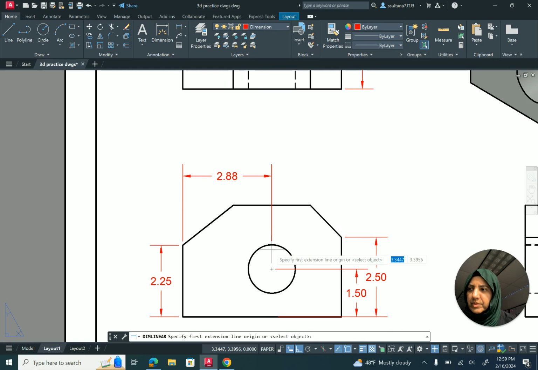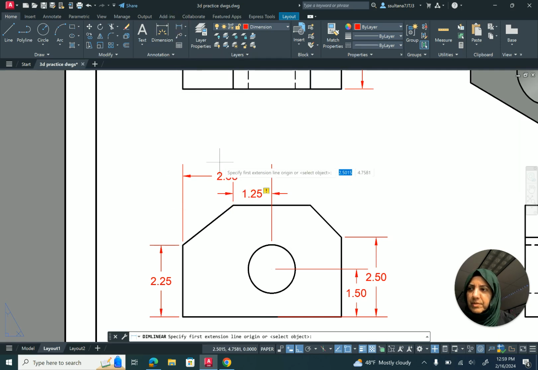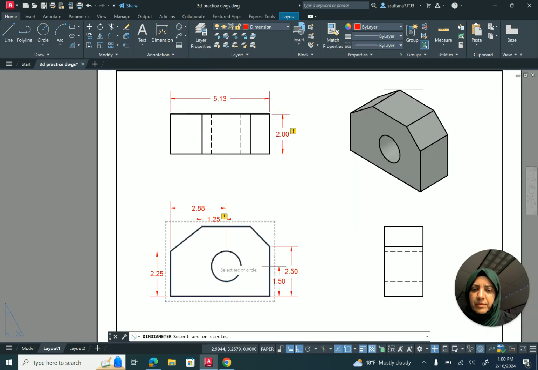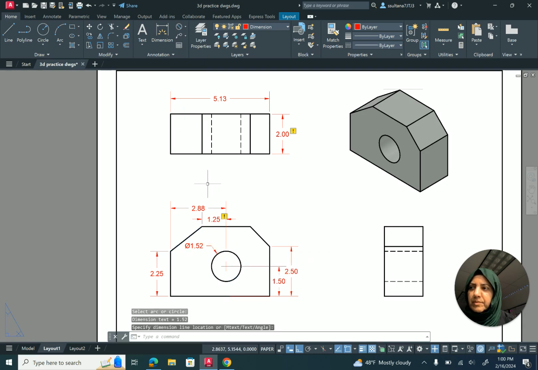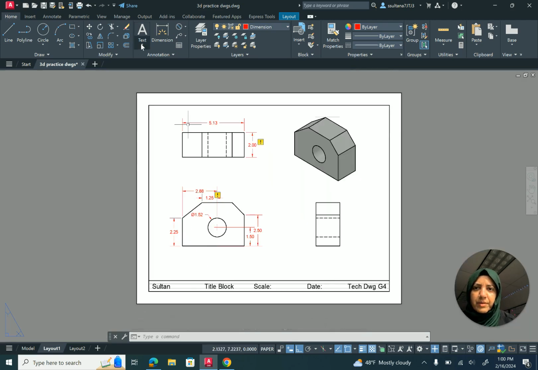And then from the center of the circle, there is this dimension, and then the diameter dimension, and then add the text, single line text,